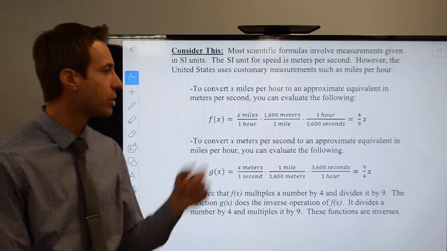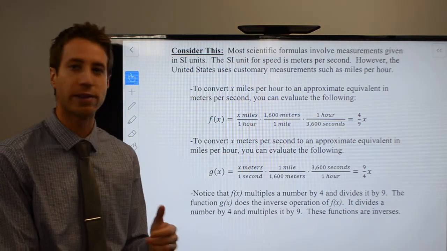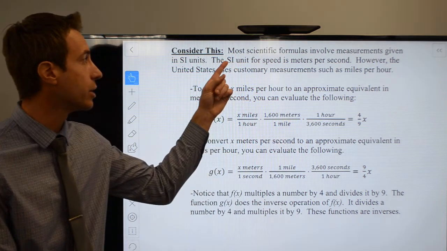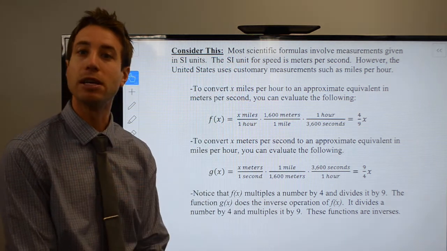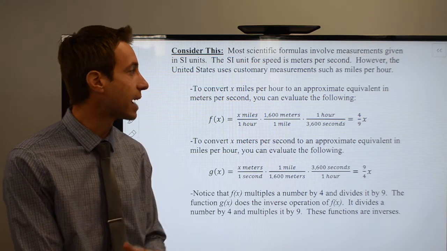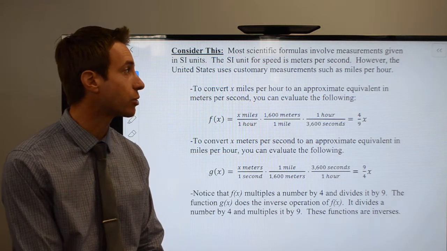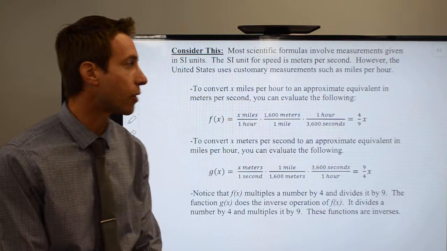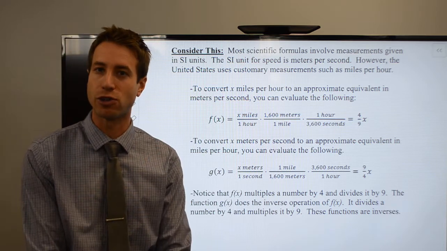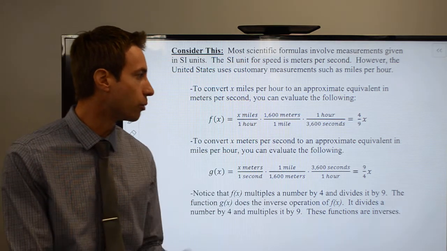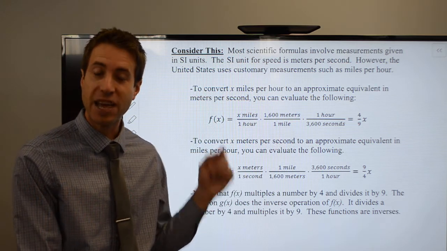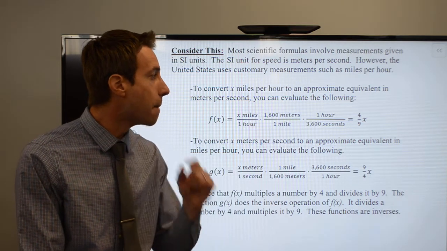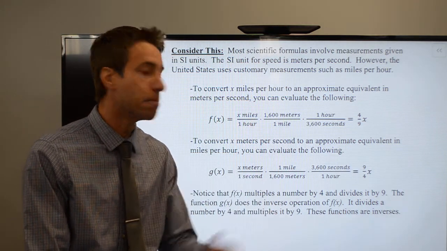So what I've done is I've just given you a simple example here having to do with units of measure. We know that one of the customary SI units is going to be meters per second. However, here in the United States, we do not use the metric system, so we don't use meters per second. We generally measure speed in miles per hour. Now, there is a fairly simple conversion to go back and forth between the two. So the first function that we're going to get is a conversion that will allow us to go from miles per hour to meters per